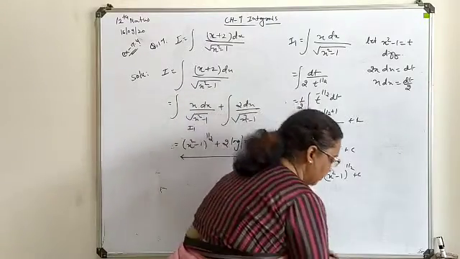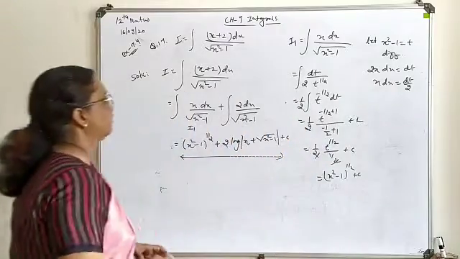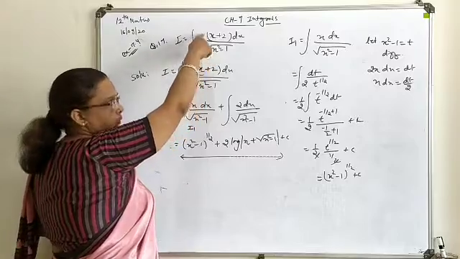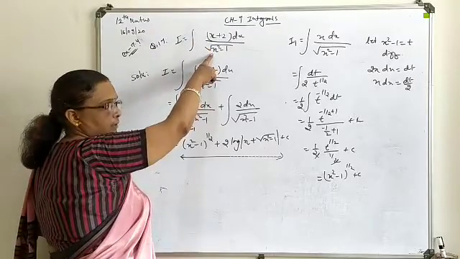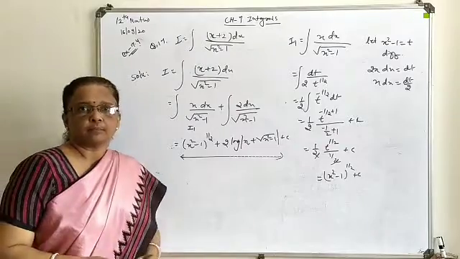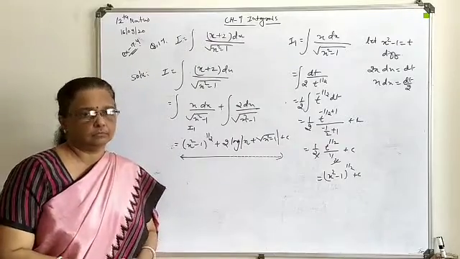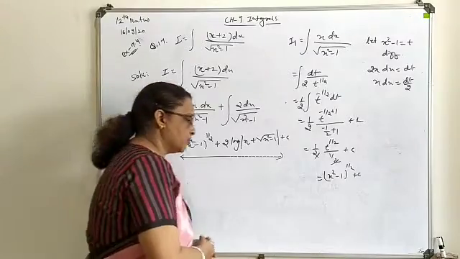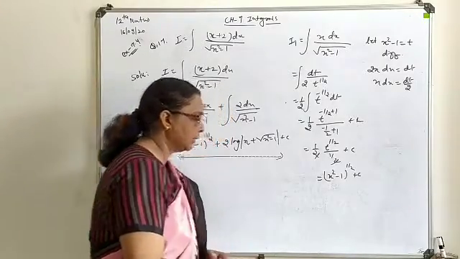Now the next category we are going to write, in which the numerator will be available as a derivative of this denominator form, and sometimes it is not available but is written in that form. So that is another method we have to implement here, and with reference to that we are going to attend question number 19.